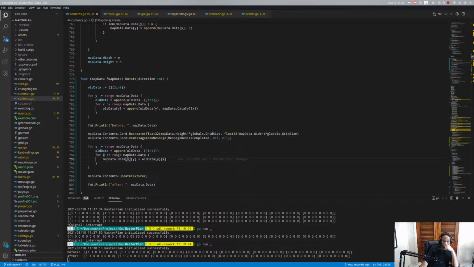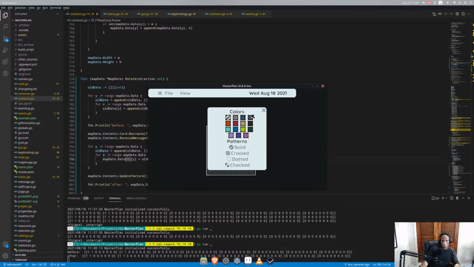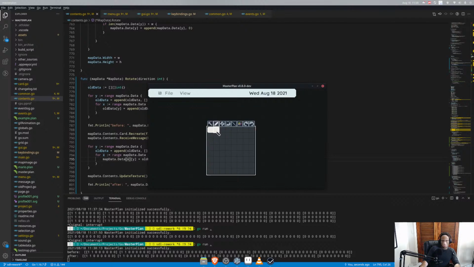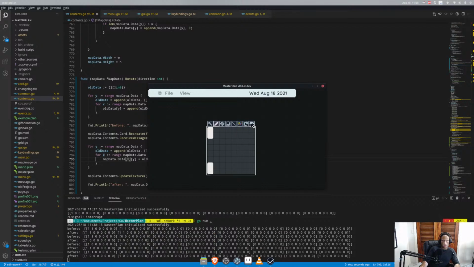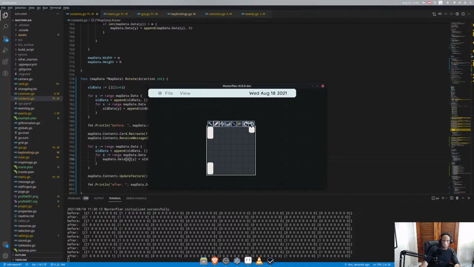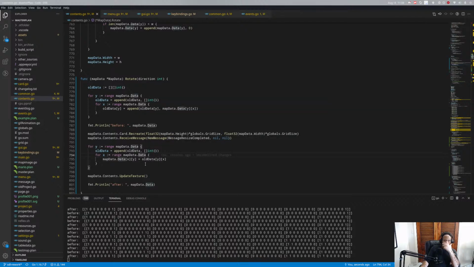That's right. I don't think this will work the way I think. Yeah. I think it's mirroring. It's not rotating. Yeah. It's flipping. Okay. So what we can do, because we need to rotate,